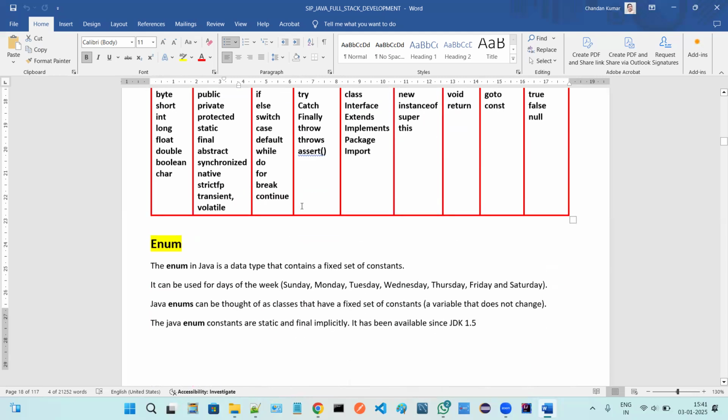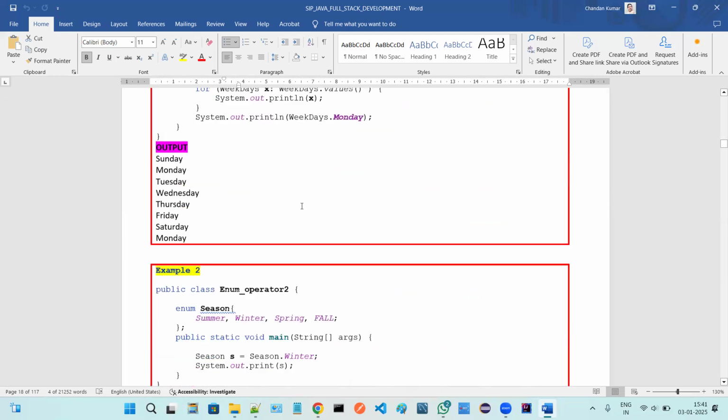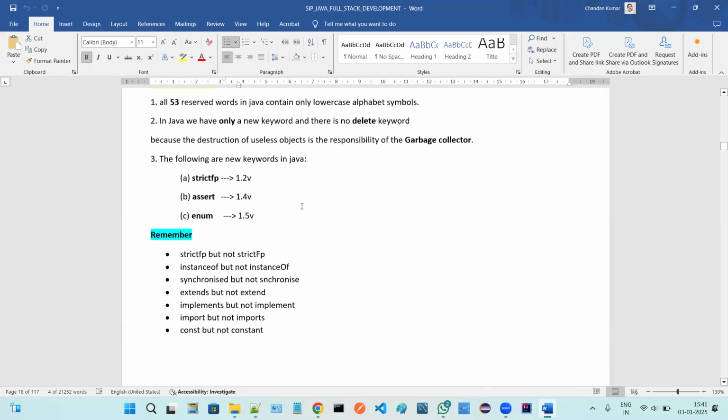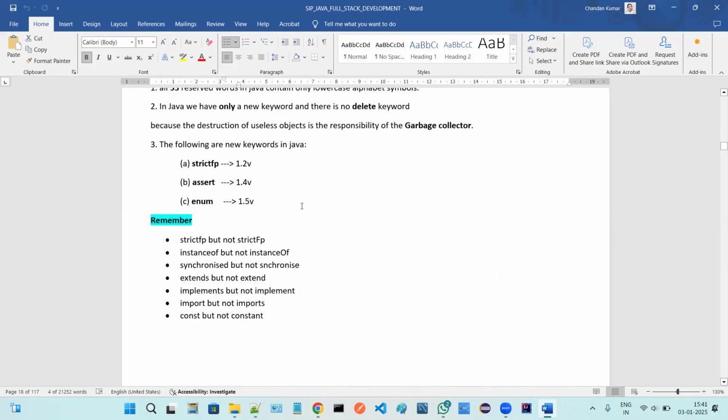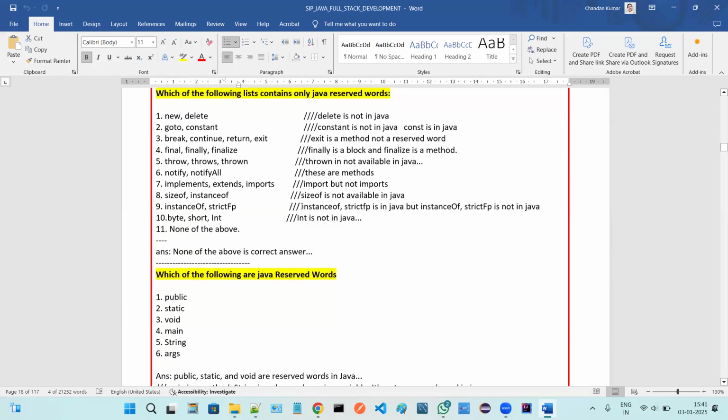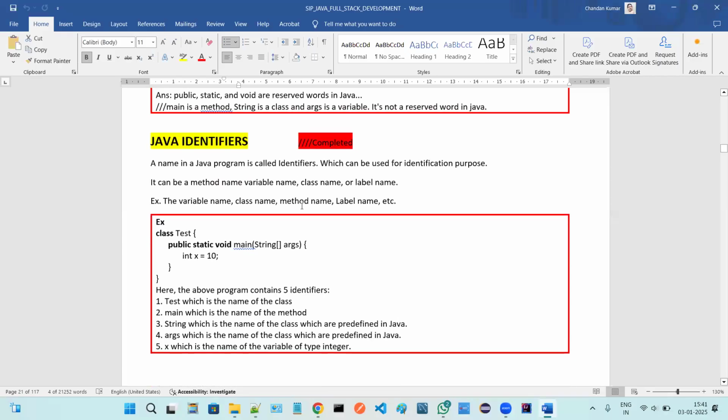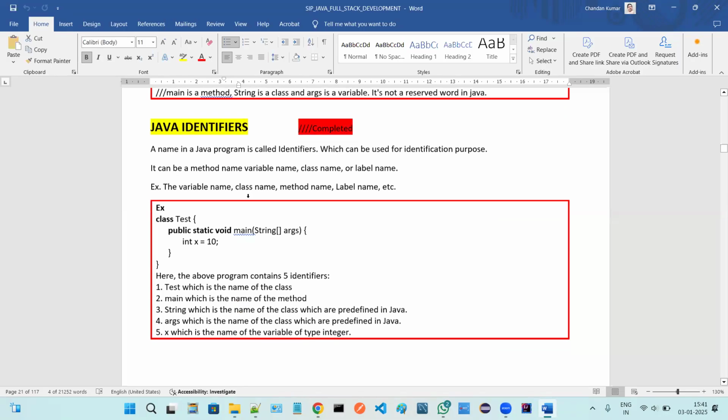53. Now moving further, keywords completed. Now talking about the identifiers. So identifiers is nothing but what? A name in Java program. It's called as what? Identifiers, which can be used for identification purpose. A name in Java program is called as an